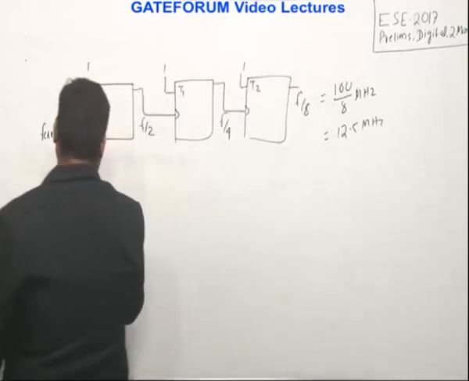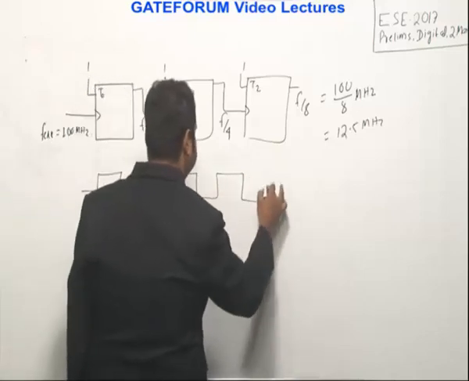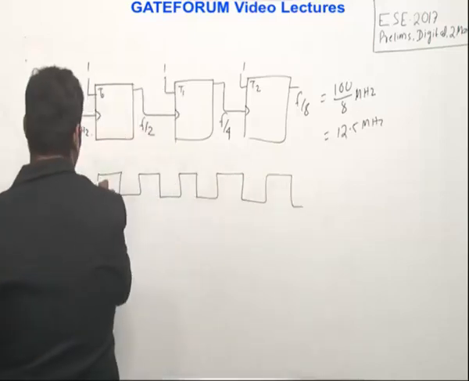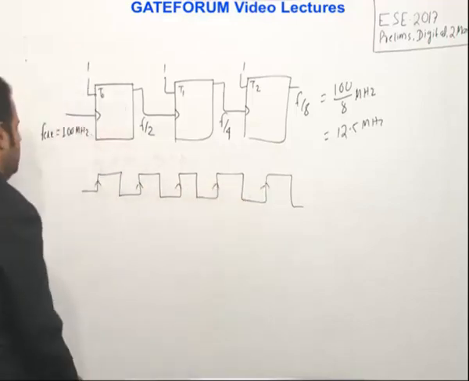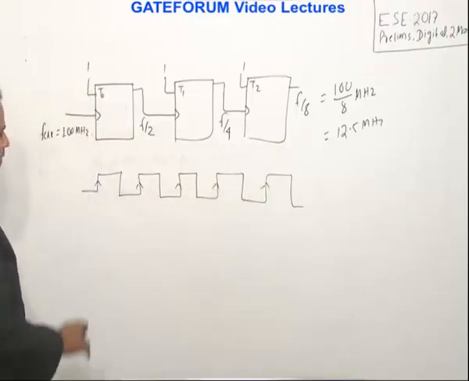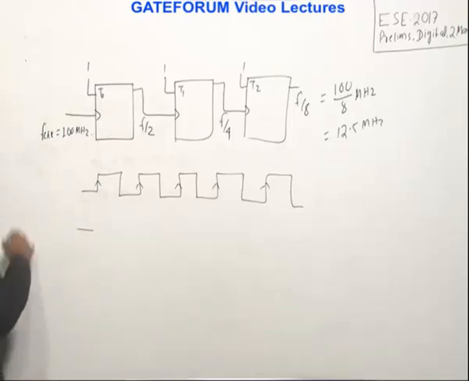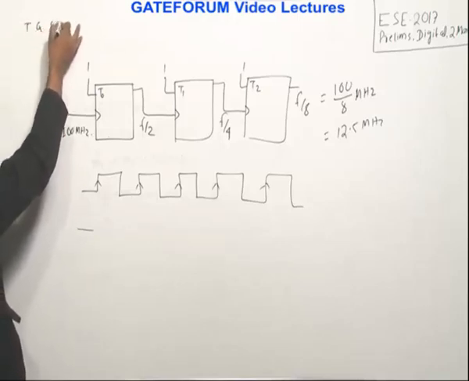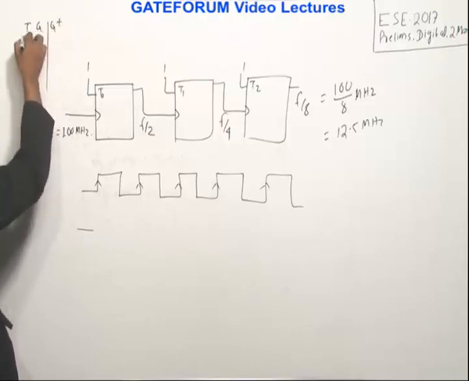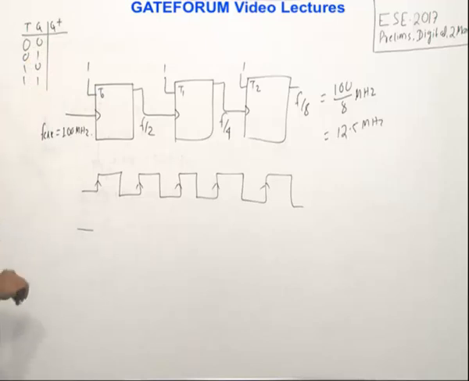In the sense, okay, so like this, if a clock is there like this, I am explaining with respect to just one T flip-flop. Let's say I am taking a positive edge trigger T flip-flop, and the input is 1 to this. So if I assume the initial state is 0, what is the tendency of the T flip-flop? This is the T flip-flop characteristic table: T, Q, Q plus: 0, 0, 0; 0, 1, 1; 1, 0, 1; 1, 1, 0. So what happens in the T flip-flop?